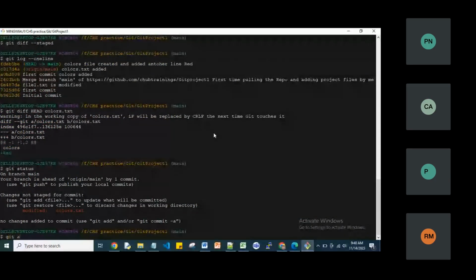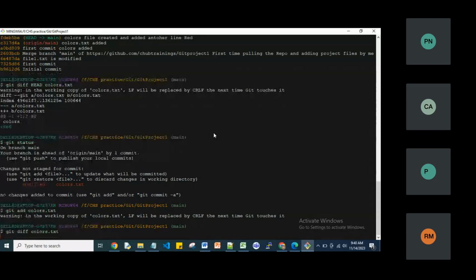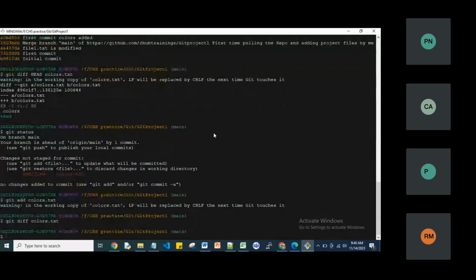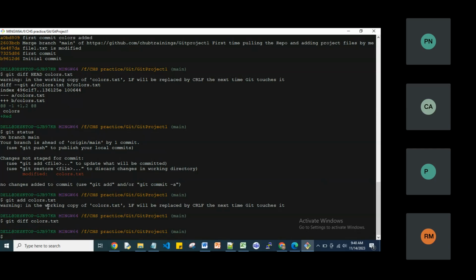So I need to add this colors.txt to staging area. So there is no change now. I have added this. This is modified. It is saying I have added this to staging area. After adding it to staging area,